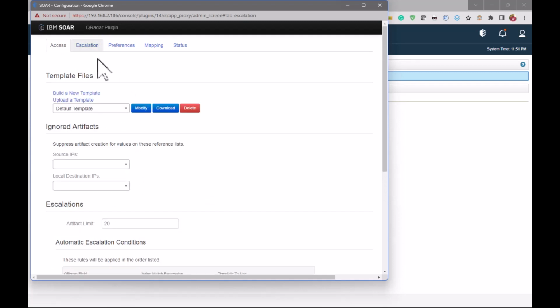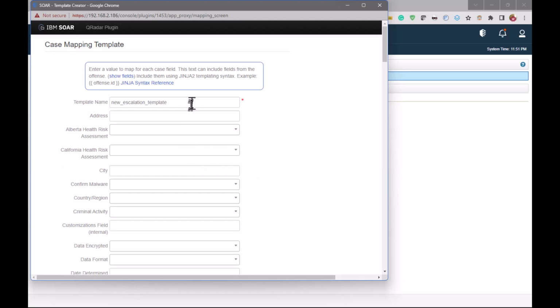The next tab we have here is the escalation tab. This is where we have the template that is actually mapping from one value from the QRadar API over to the SOAR API as we described. And the easiest way to do it is to hit build new template. Now when you go with the new template, you're going to give it a name. So we'll give it the template